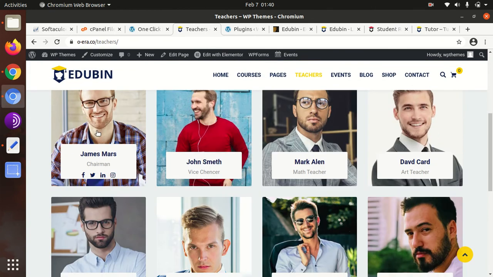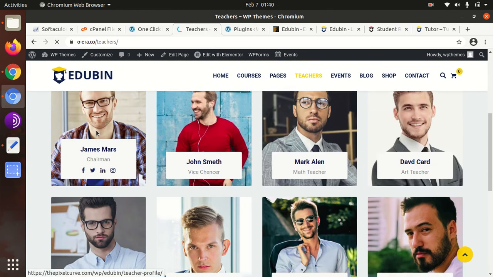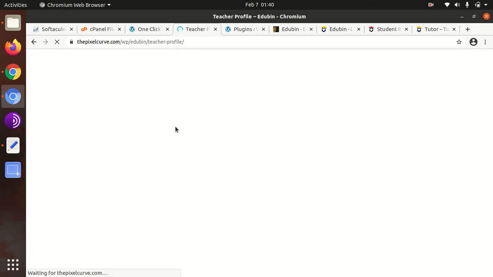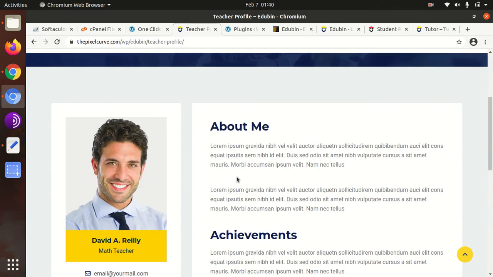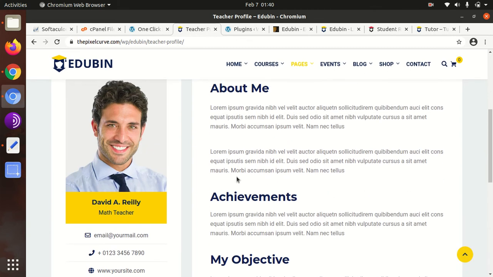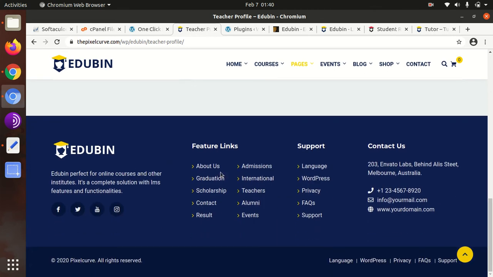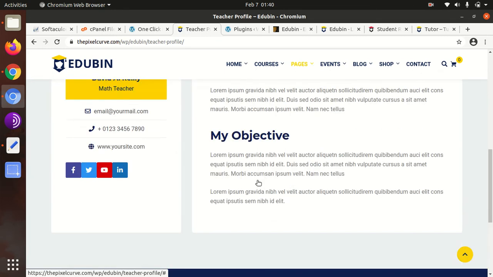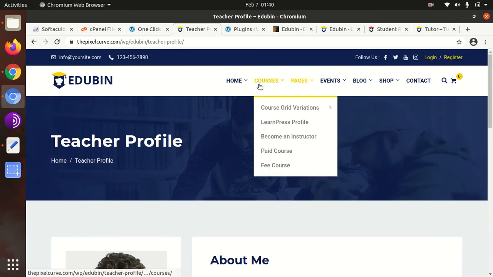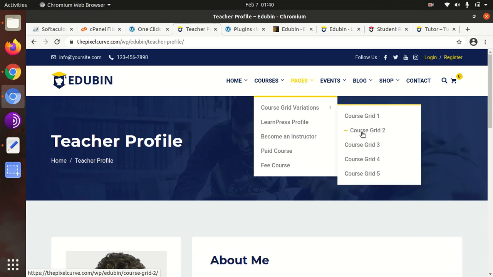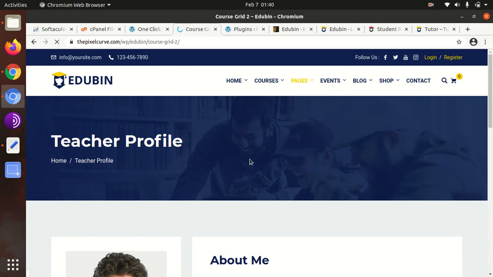So you are going to get a fast loading website, which is imperative to say. And if you have a fast loading website, it is going to be successful, no doubt. And you can see the standard of design. It is really wonderful, and you don't have any reason not to choose this theme for your education website. And you have all the features available.